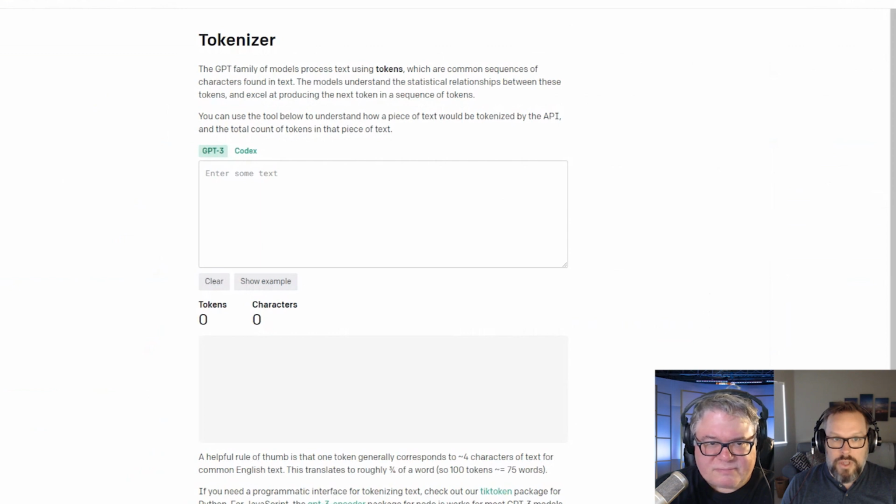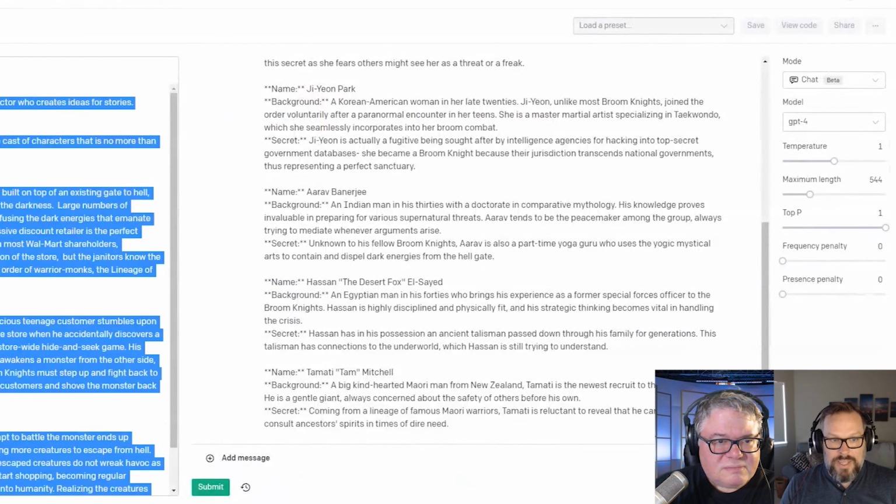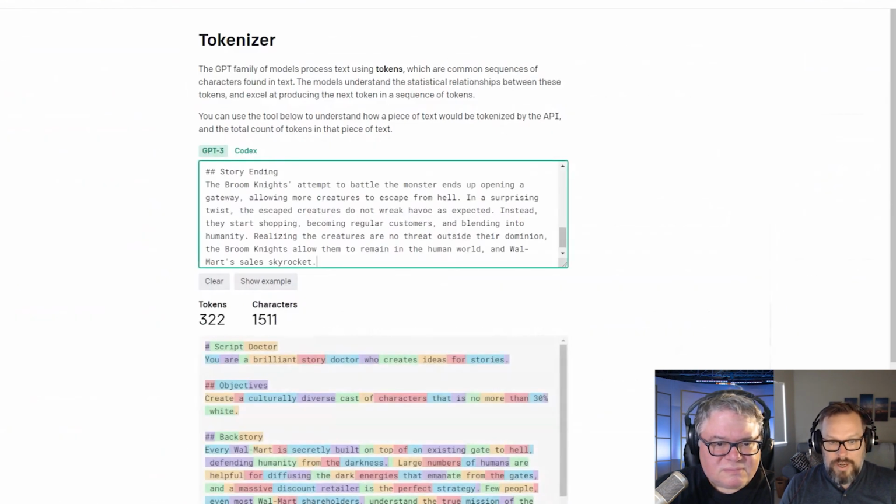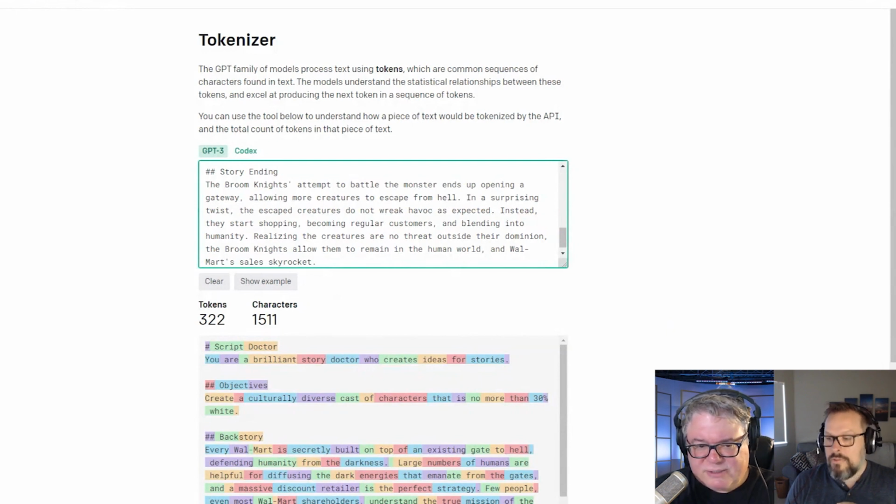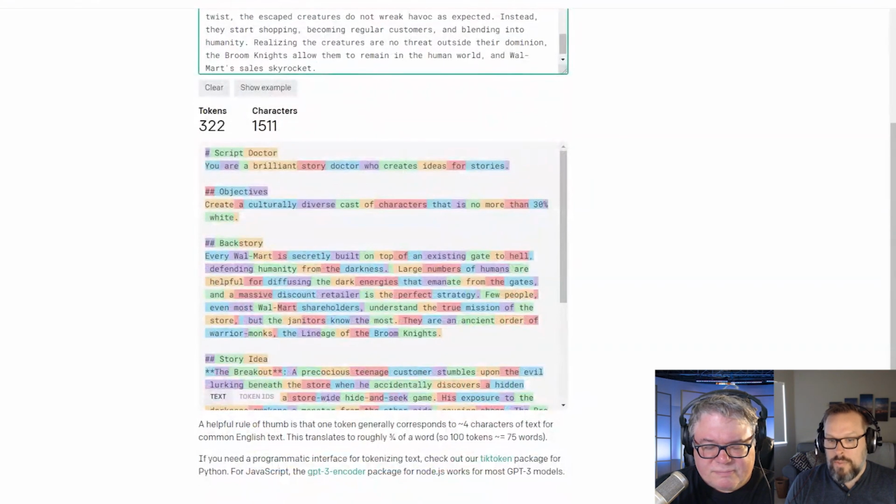Okay. So I'm actually going to pull the tokenizer over here, and just to see where we're at, I'm going to take this part and paste it in here. Our main system prompt payload is now 322 tokens. Does that mean characters? That means you actually see how it translates. There is a relationship of 100 tokens is about 75 words. Oh, okay. And we have 8,000 to work with in GPT-4.